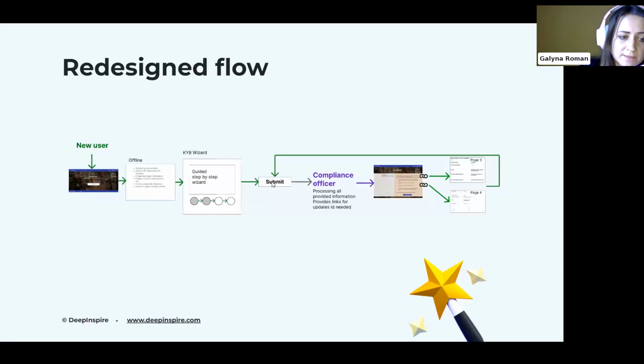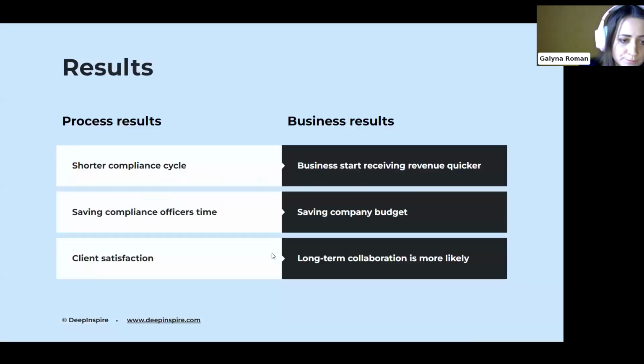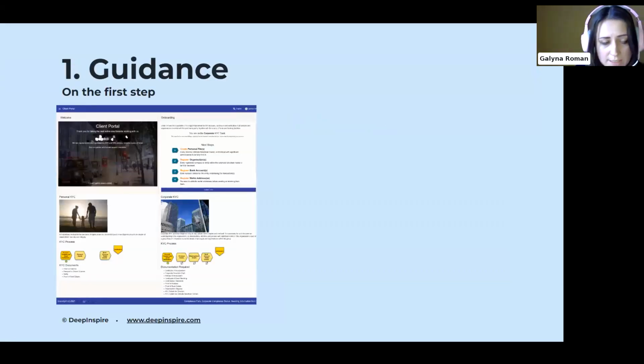And after the application is submitted, there was feedback from the compliance officer in a convenient form, with links to exact pages and with notes on what to fix on each page, and in general with the system status there. So it helped to shorten the compliance cycle, and so the business starts receiving revenue quicker. Also saving compliance officers' time and saving company budget. And also client satisfaction was raised, and trust in the business was also rising. So let's get to the step-by-step small tweaks that were done in all that